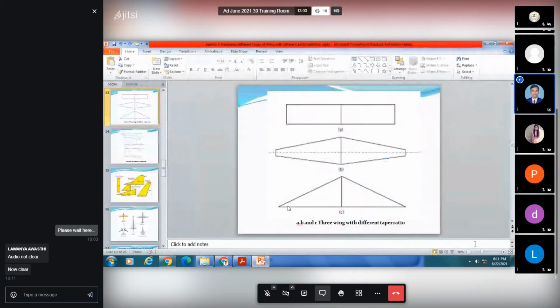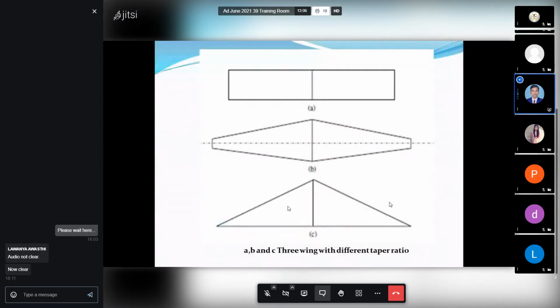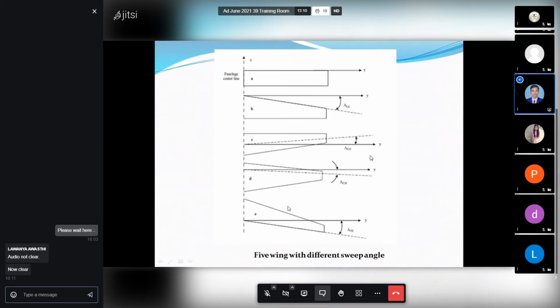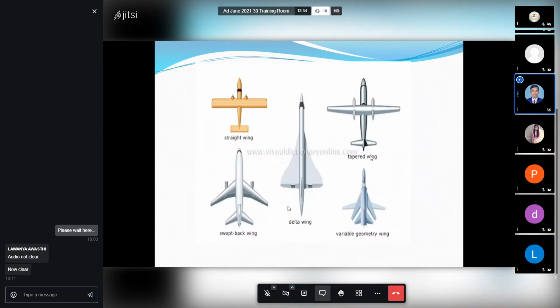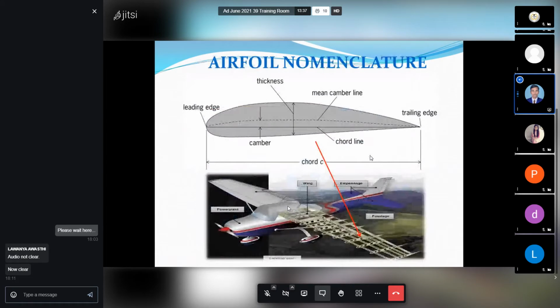Thank you. So here we have different types of wings. Three wings with different taper ratios. This kind of wing also can be done. Overall, the geometrical things should be correct. If your calculation is done, and you are well known with your geometrical things for your wing, then just take that calculation part and give it in OpenVSP. You will get your required wing model.